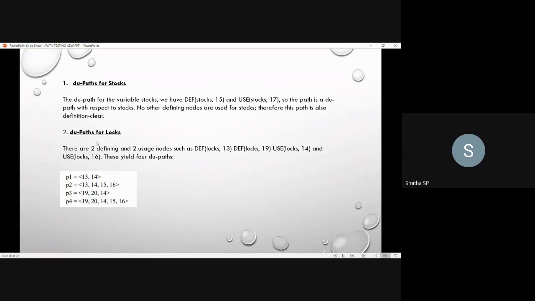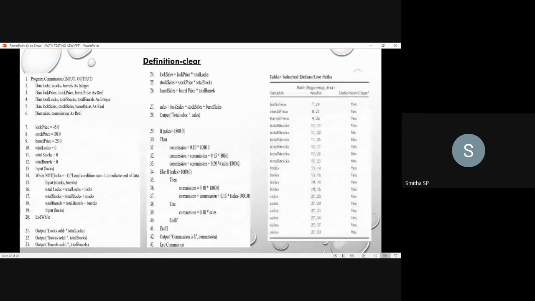Next, moving to the DU path for locks. The defined nodes here are 13th and 19th, and they are used at 14th and 16th. Locks is defined at the 13th and 19th. At the 13th you have defined locks here, and at the 19th once again you have defined locks.